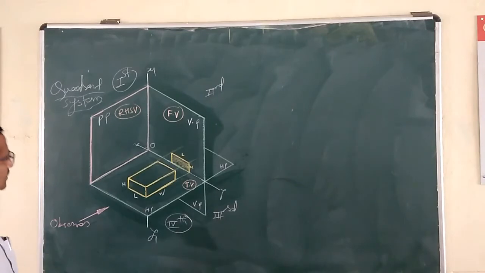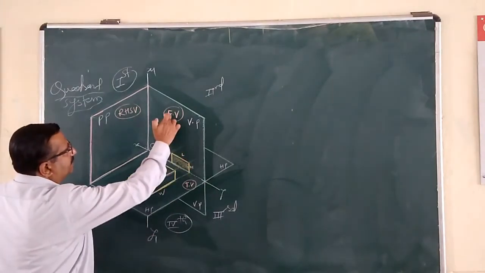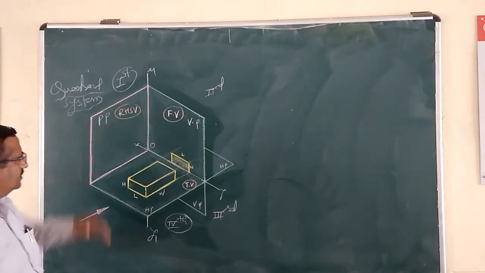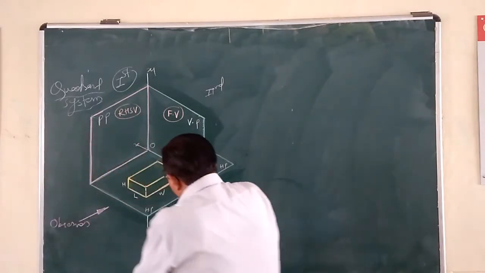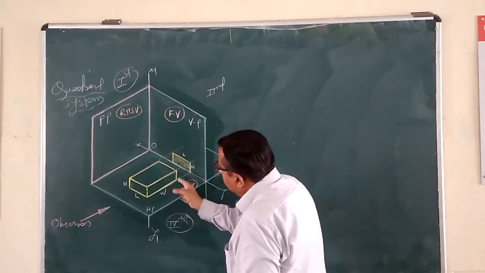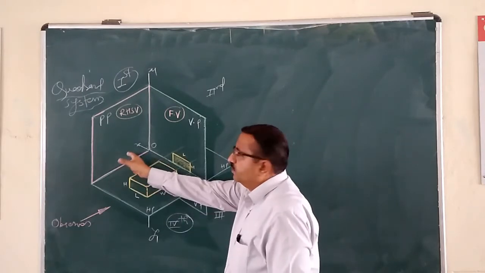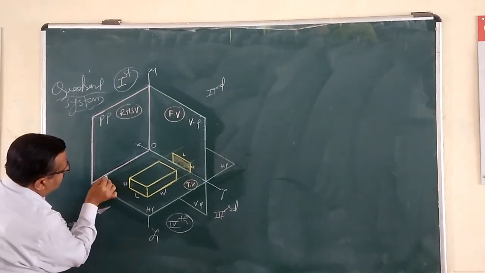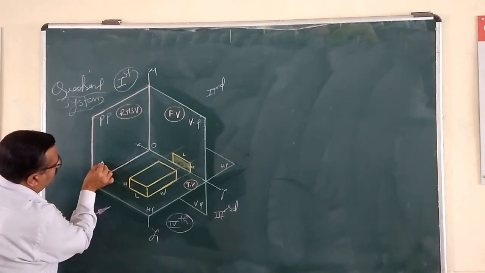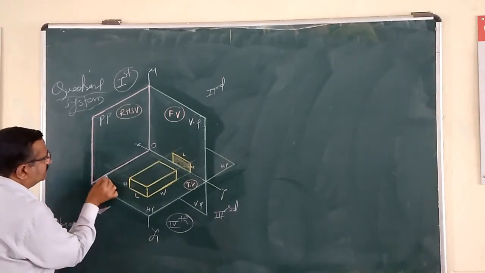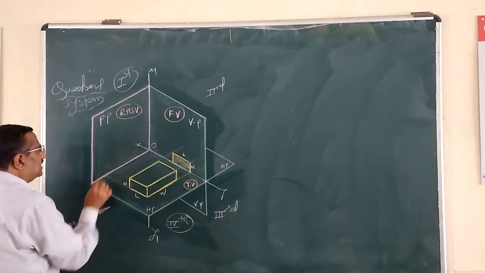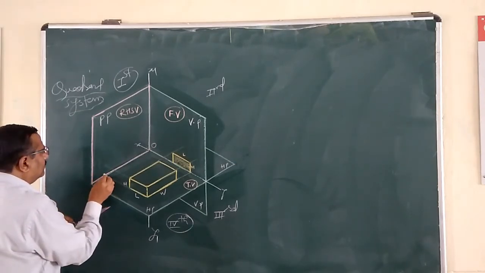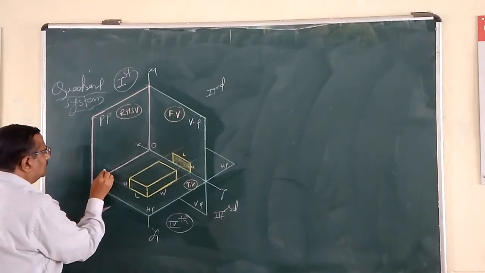Similarly, for the side view, in this way you have got its front image on the vertical plane. This profile plane is made for the right hand side image. Same way, when you focus the torch from this direction, W by H, this surface we are going to get over this. So now project this baseline again towards the left side. Similarly, the top line also you have to project in this way. From the point of intersection of this projector with this quadrant line, from here only we have to start its side image.